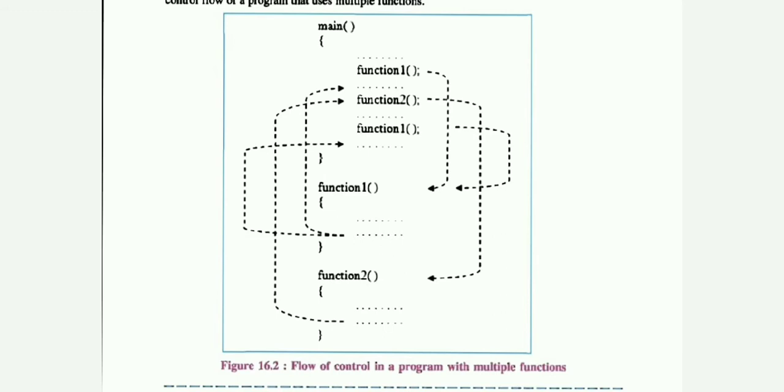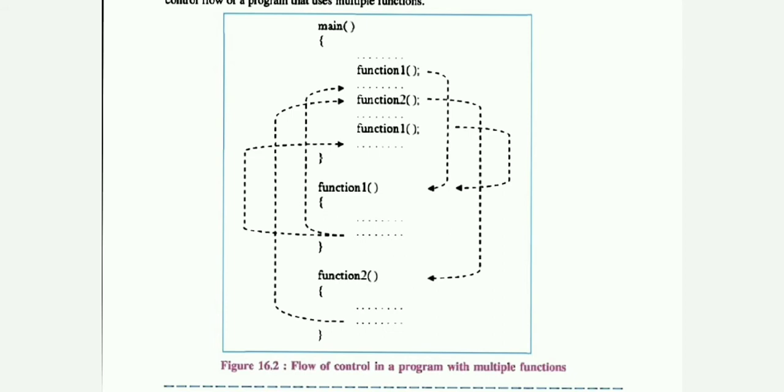So from which function are this function 1 and function 2 called? From the main function. So main function is known as a calling function, because from the main we are calling another function. So main is our calling function, and the functions we called from the main, that is known as a called function, that is function 1 and function 2. And whatever is written there, function 1, function 2 in our main function body, that is known as a function call.